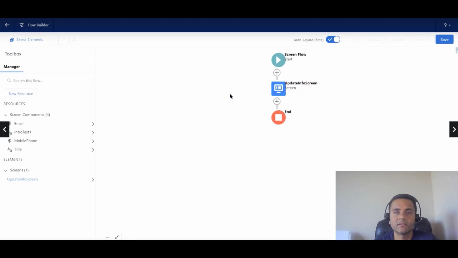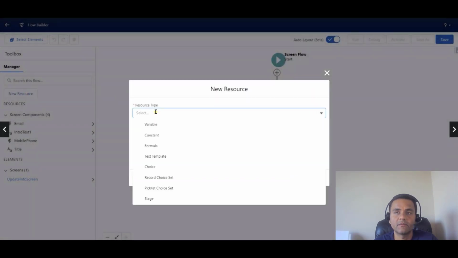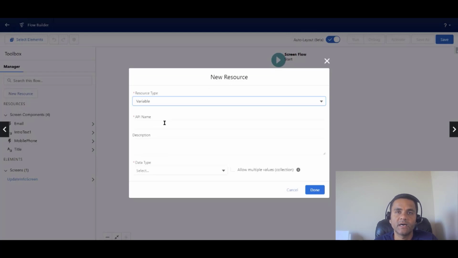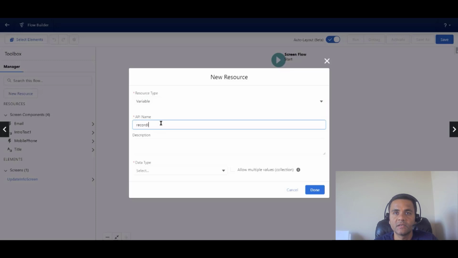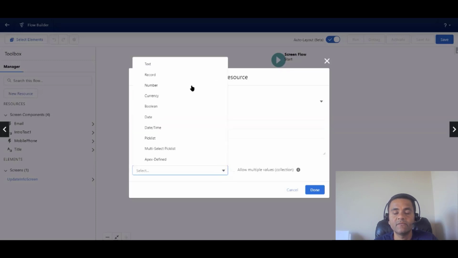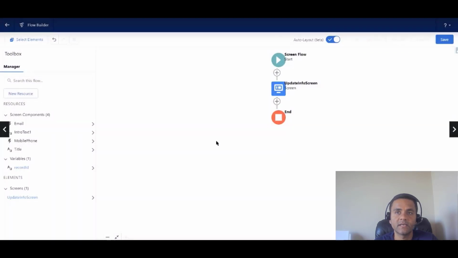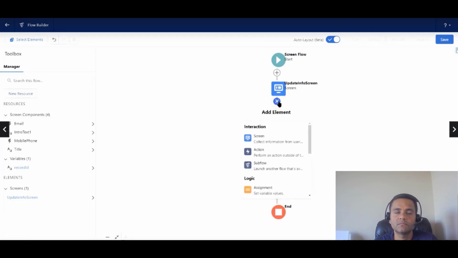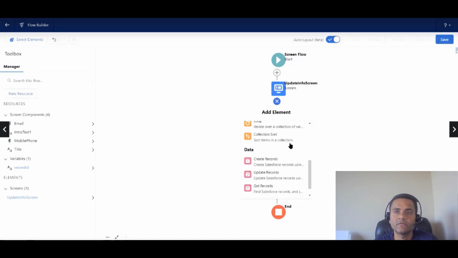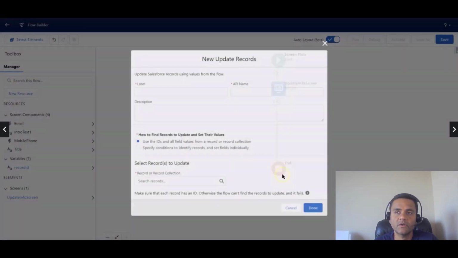So I'm going to hit done, and the information I like records. But before I update, I need to also specify which record I am working with. That is why I want to define a variable for the record ID of the data type text, and this is going to be available for input. We will need to pass this record ID to the flow